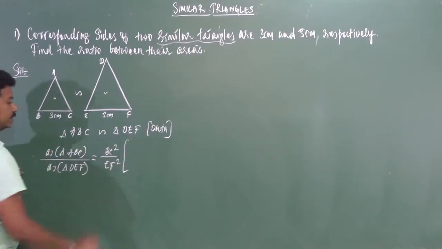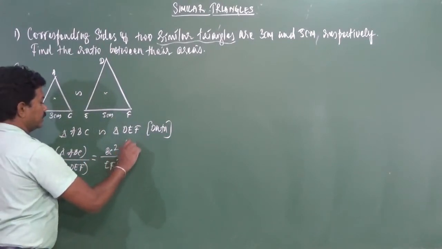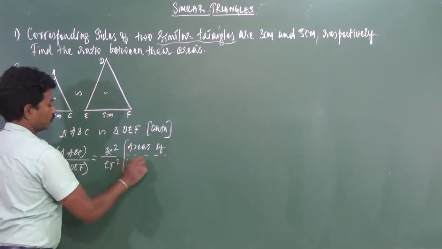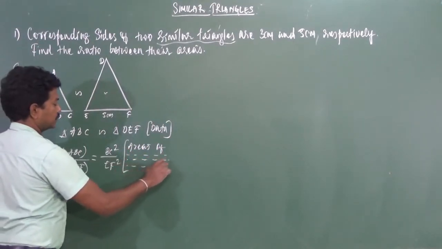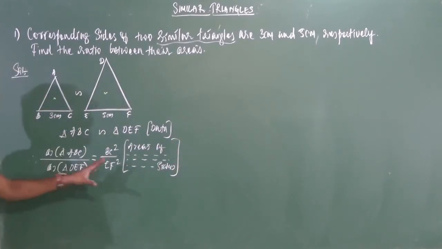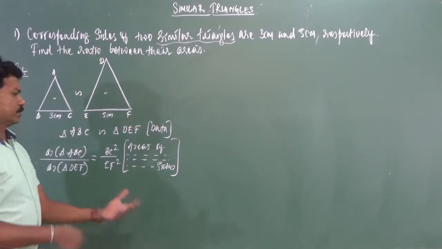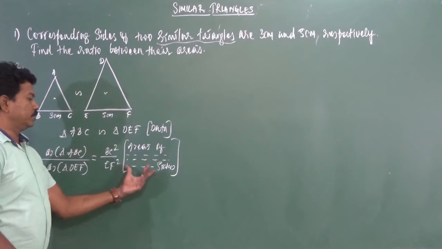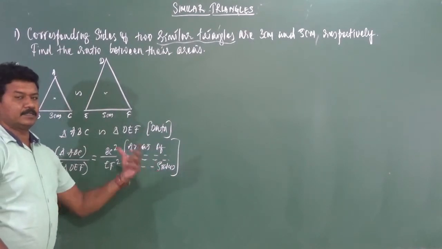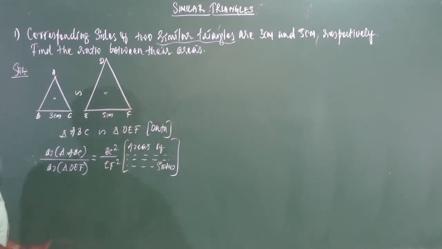So you have to write the reason here. Yesterday in the last session I told you regarding this. Areas of similar triangles are proportional to the squares on their corresponding sides. This is the entire reason you have to write there. It's a little bit lengthy reason, that is the theorem statement itself you have to write. Most of the teachers just write it in the box as theorem. So let us mention which particular theorem, that's all, very simple.